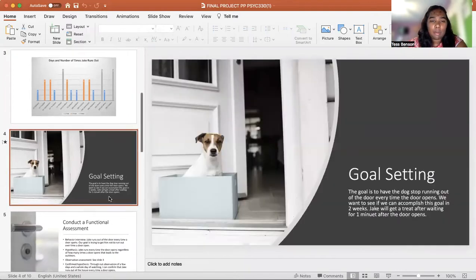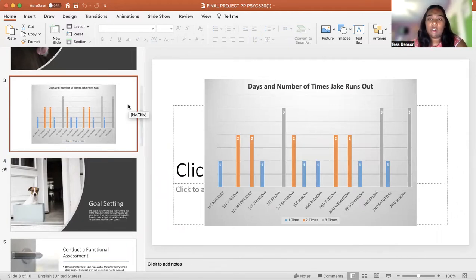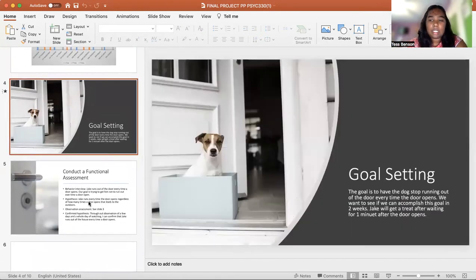So this is my presentation. What I did first was observe and write down the amount of times that he ran out of the door. And that's all shown in this chart right here. I set my goal,